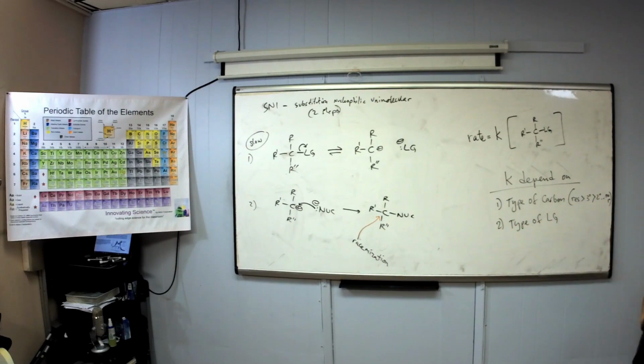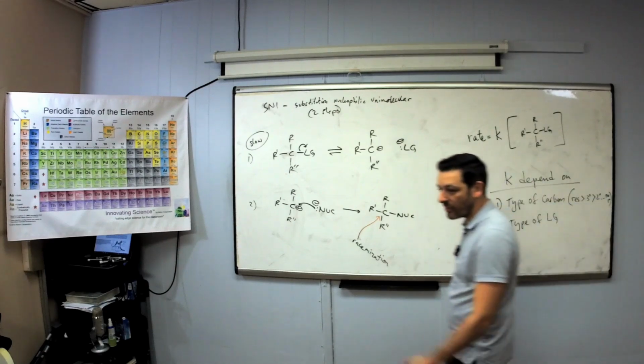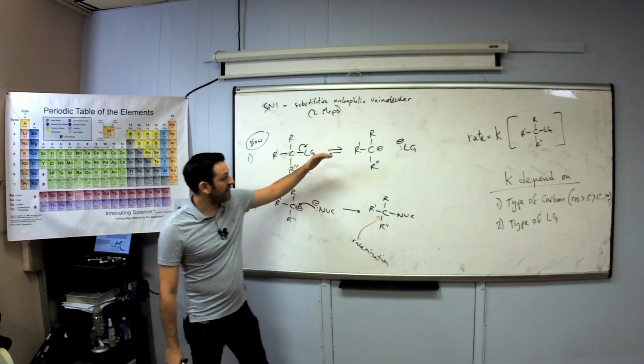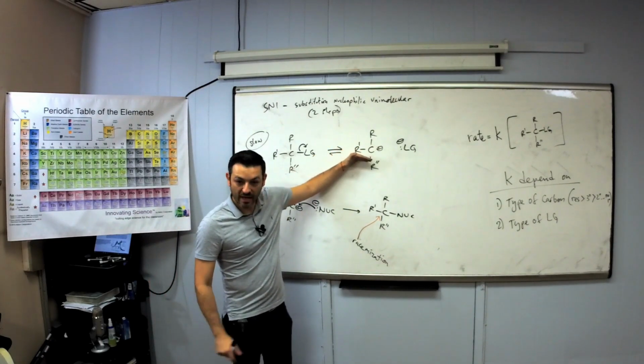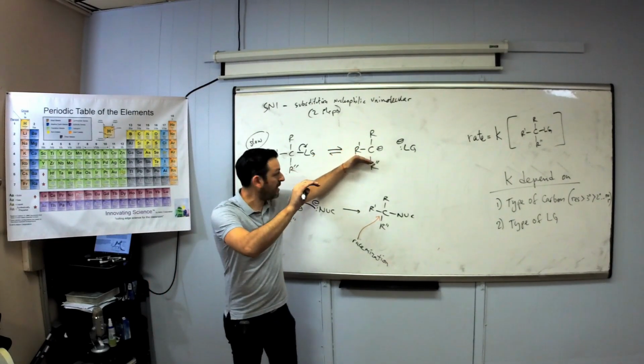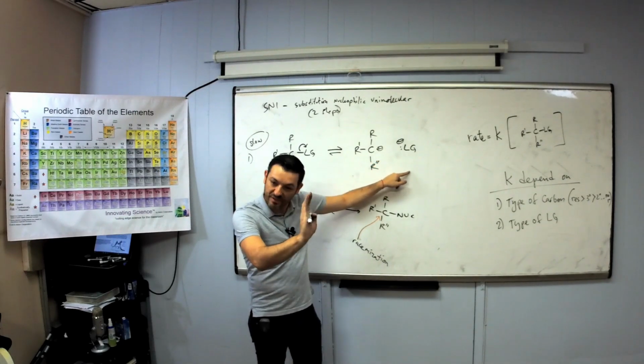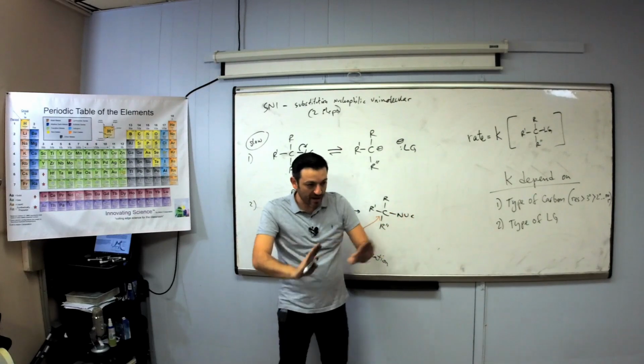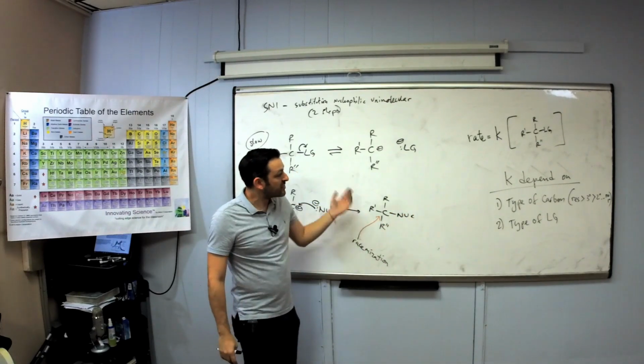The better the leaving group, the faster it'll leave. Look, isn't that true over here? Watch this. If this breaks apart and I find a way to lower the energy of the carbocation, it's easier to climb that hill. But if I lower the energy of the leaving group, it's also helping me climb that hill. Do you see that's lowering the energy of the products, helping me climb the hill? So the better the leaving group,